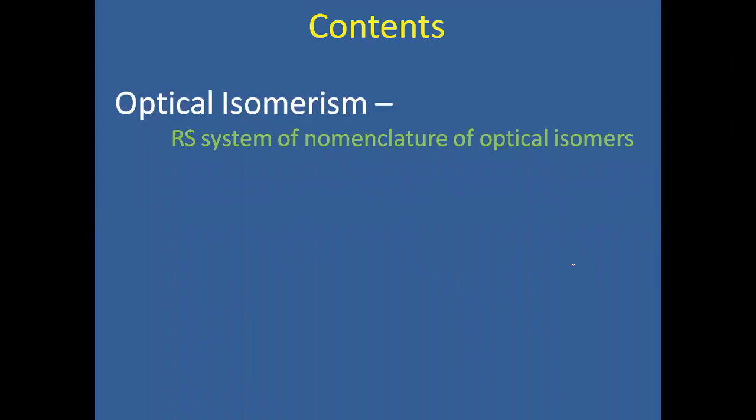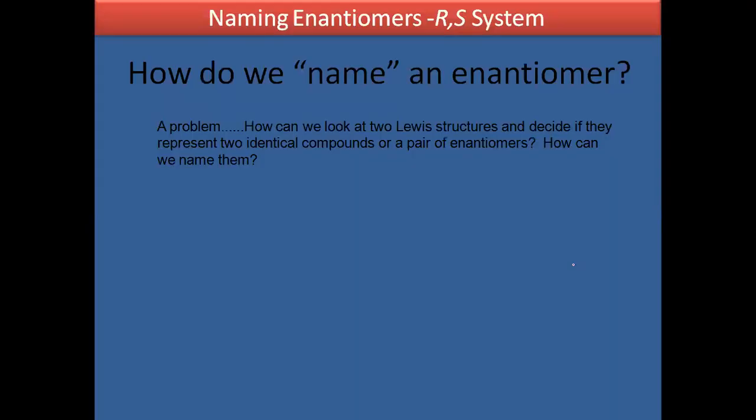Whereas if the rotation of your eye movement from top priority to lower priority is towards the left side, that is the anti-clockwise direction, then it indicates the configurational isomeric form is S. We have to study these R and S configurations in detail in further slides. So this is the naming of enantiomers with the help of the R and S system. R indicates Rectus and S indicates Sinister.